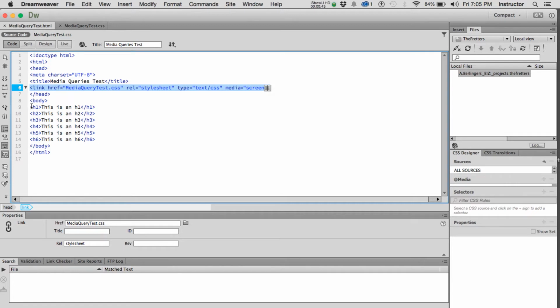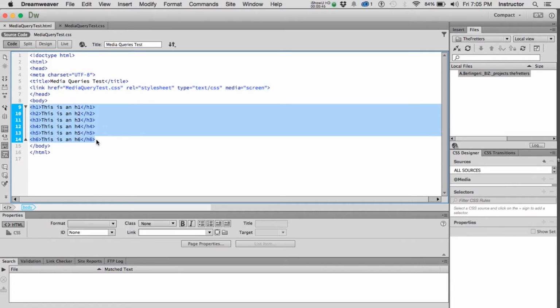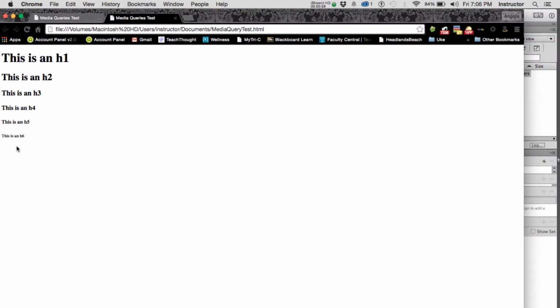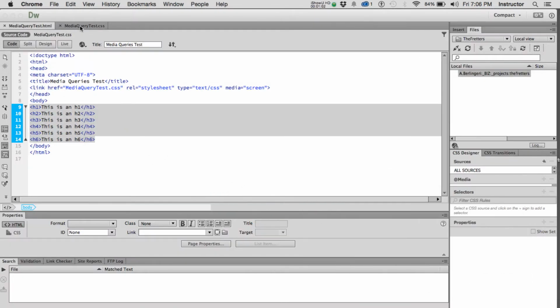And I just put in, this is an H1, this is an H2, and I labeled each one so that if I were to look at this right now in Chrome, we've got our basic H1, H2, etc. So I want to come over to the CSS, which is where we're going to actually build